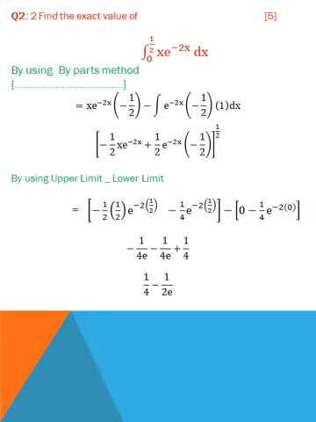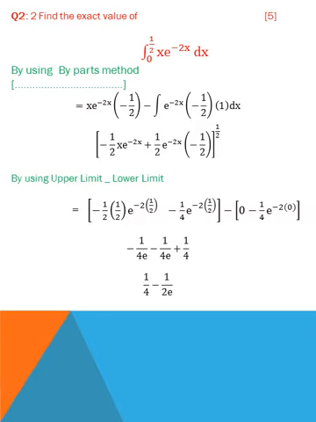Then again integrate the portion, integration of e power minus 2x into minus 1 by 2. So when we integrate e power minus 2x, it will become e power minus 2x, and the integration of power minus 2x will become minus 1 by 2. In this way I will find the final integration portion. Then I apply the upper limit and lower limit to this part. The upper limit is 1 by 2 and the lower limit is 0. The rule is that first we apply the upper limit, then take the negative sign and then apply the lower limit. I replace x by the value 1 by 2.